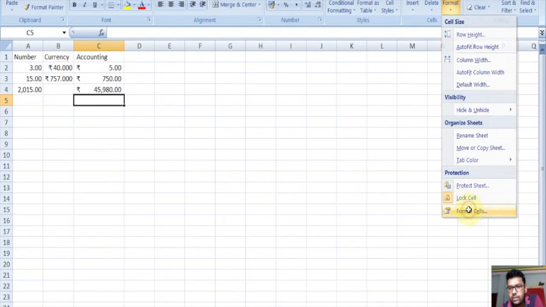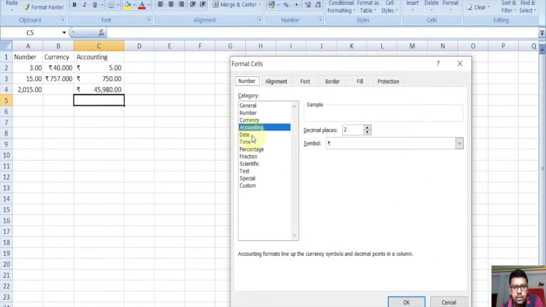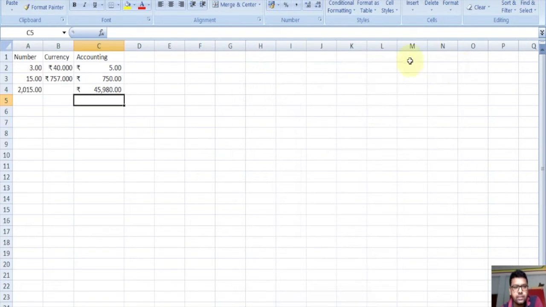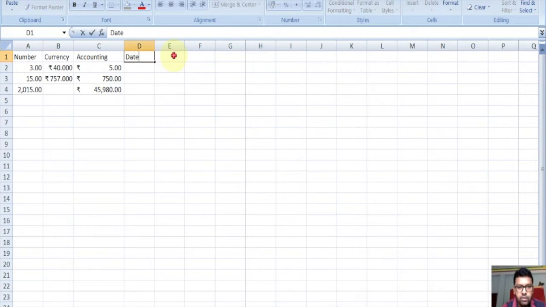Other formats are date, time, and percentage. What is date format, what is time format, and what is percentage format? In date format we can give a date here.